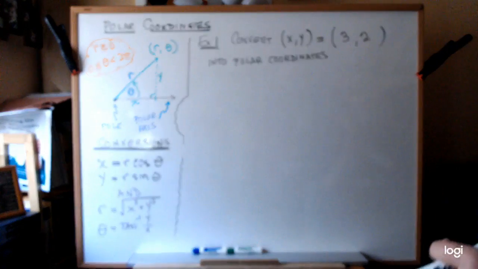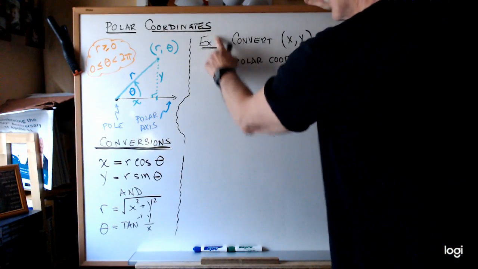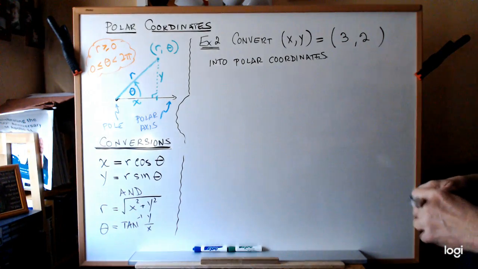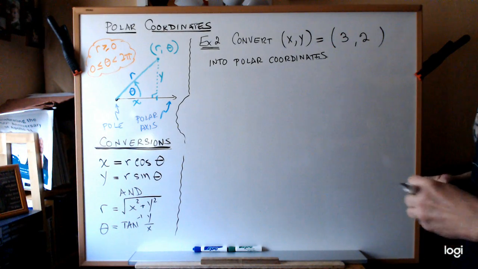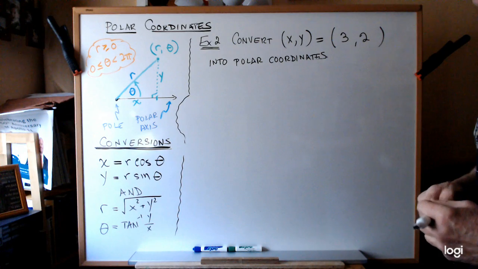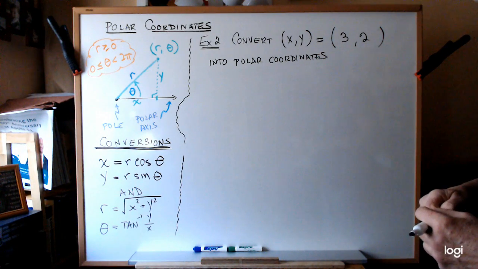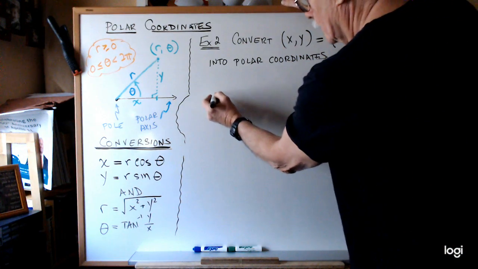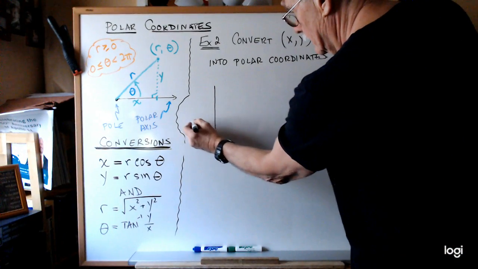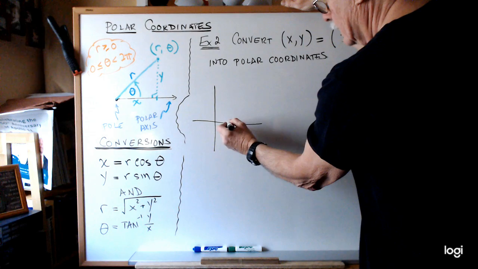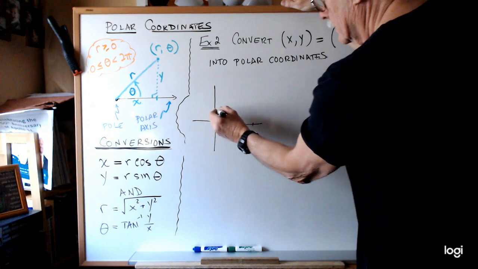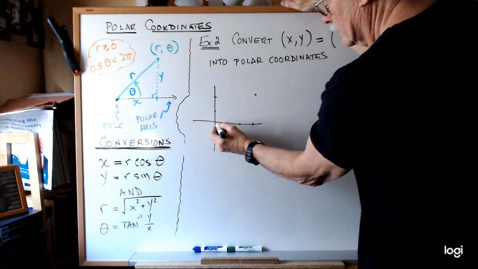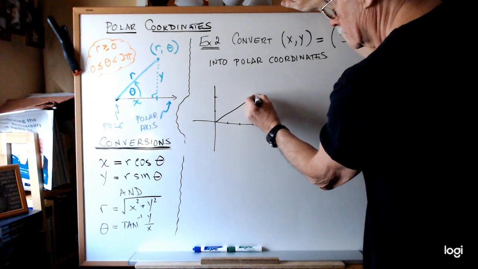Okay, this is going to be example number 2. Convert (x, y) equals (3, 2) into polar coordinates. And this is going to require a slightly different strategy. And the idea, again, my philosophy is, make a picture. It's not for accuracy, but just to help us